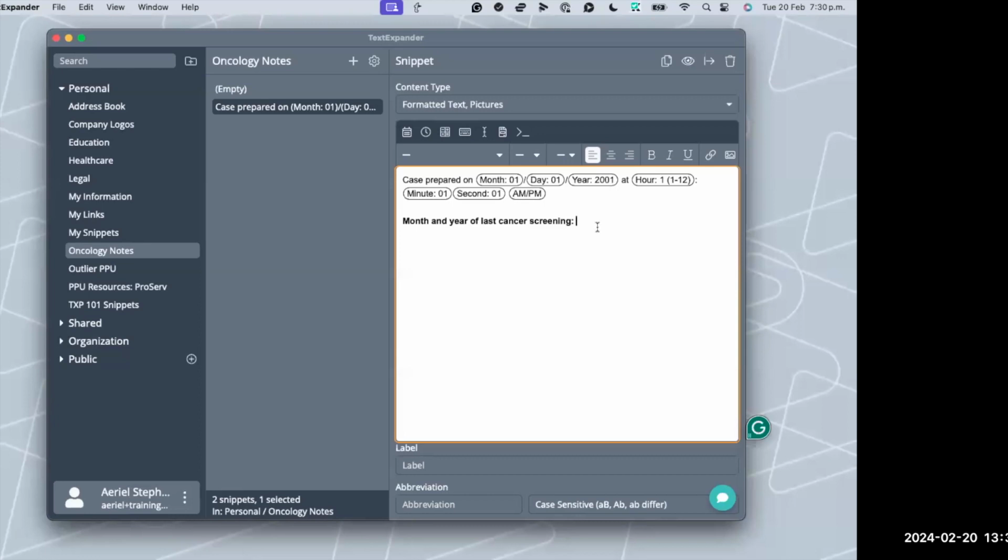Okay, so I am going to come after this text and go to the fill-ins button on my editing bar. This looks like a page icon here. Ideally, at this point, you are somewhat familiar with our fill-ins feature. If you're not, I definitely encourage you to either do our one-on-one training or Jennifer hosts a lovely training that is fill-in specific. She really deep dives into each one of these options, but we will cover most of them today. So I'm going to use the feature that's called a pop-up menu.